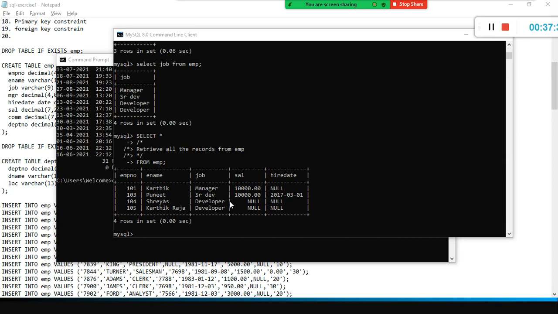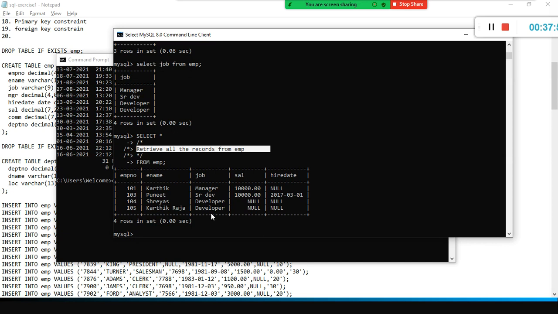How will he know what logic you used here? So you put it in plain English, so that he will be able to understand. Oh yes, he selected all the employees whose names start with KR and end with Raja. That is what this query is doing. That's how you'll be able to understand.